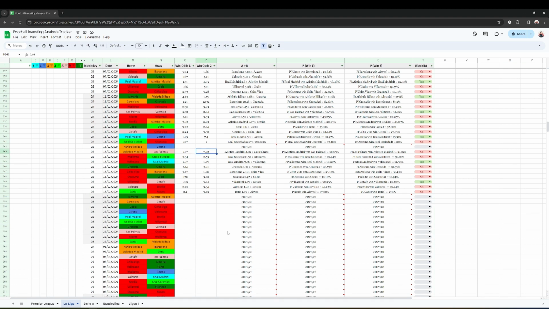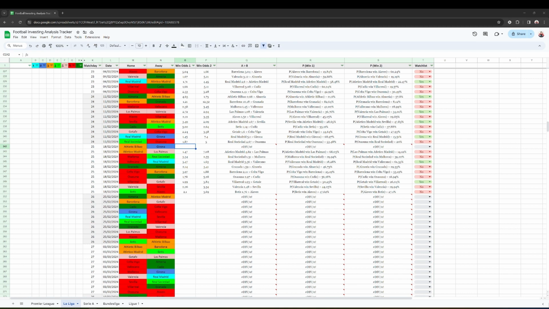And last but not least, Athletic Bilbao against Girona. Girona is better, but Athletic Bilbao at home is strong at San Mamés, right? So what would we expect? We would expect the odds to be kind of even. Yeah, Girona a better team. Girona away is second in the table. The only loss was that they were demolished by Real Madrid. Athletic Bilbao at home, win after win after win. It will be an interesting call, very interesting call.